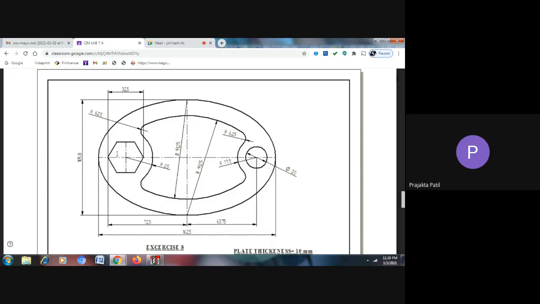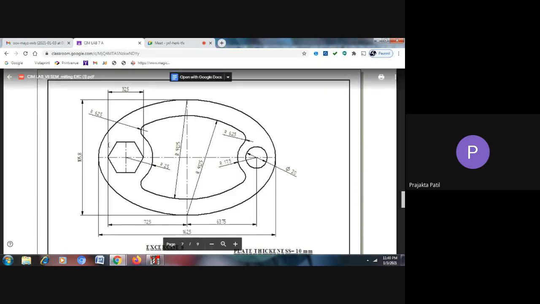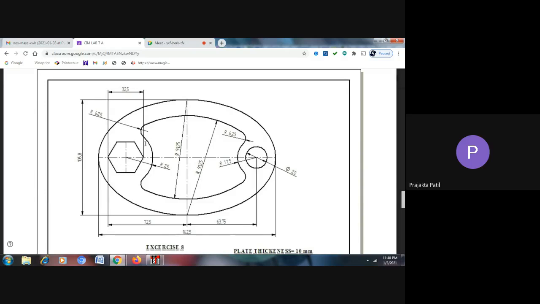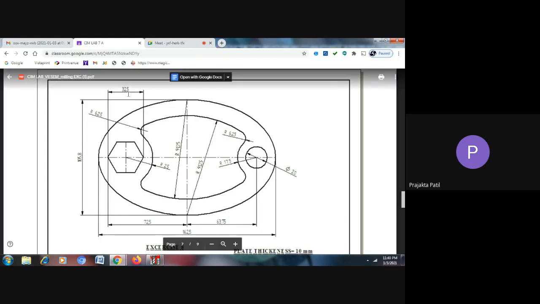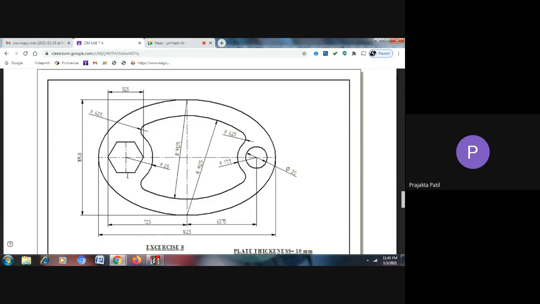Because if I want to place this hexagon, I need to have the center of that particular hexagon. So I know the diameter of this circle. If you draw a circle around this hexagon, a circle which encloses this hexagon, it has a diameter of 32.5. So let me now divide 32.5 by 2. It gives me the radius of the circle, that is 16.25, plus 8.75. It is 25. So this is 8.75 and this is 16.25. When you add those, it is 25.